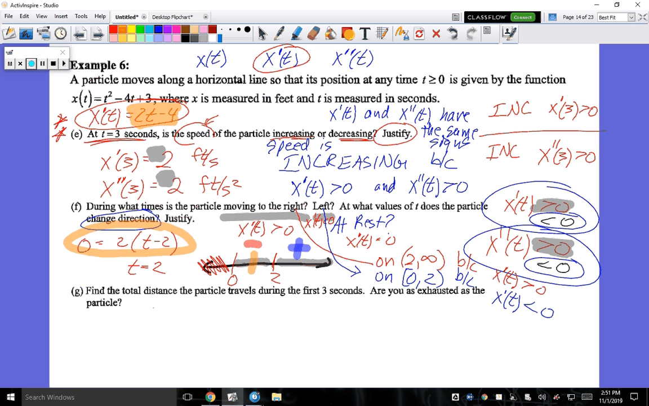It's at rest. Notice it's not on, it's at. Time is equal to 2, and you would say seconds, because x prime of t is equal to 0. Guys, can you tell me when it changes direction? Not at 0. Oh, you said 2? Okay, I'm sorry. Yes, at time t equal to 2, it changes direction